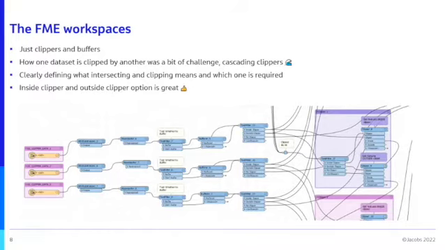But it did get a little bit complicated in terms of the clippers, especially when you're wanting to clip by multiple clippers. You want a cascading. I thought it was going to be quite easy to build, but in terms of that cognitive challenge to work out which clippers go in front of other clippers, it got a little bit challenging. We worked it out in the end, and working out defining what clipping is and what intersecting is